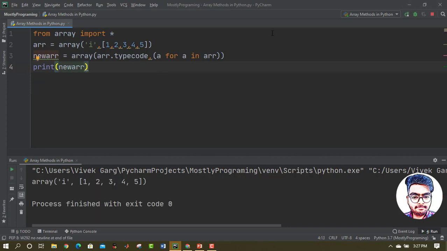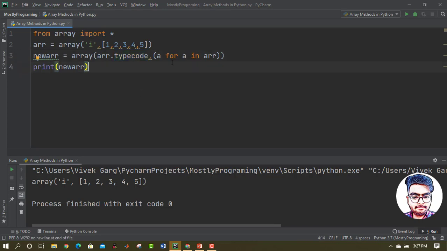Yeah. So basically what we did, we created a new array and gave it all the elements of the already existing array arr. What I did here was I told the interpreter to get the type code of the earlier existing array, arr.typecode, right?